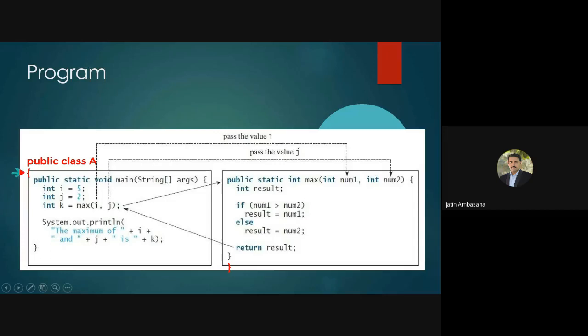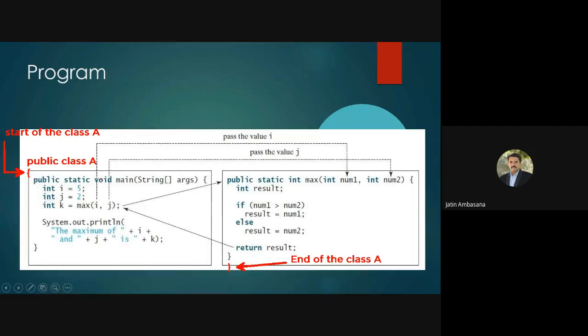This is the start of the class A, and here is the end of the class A.